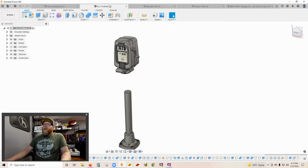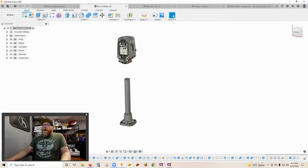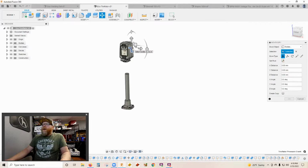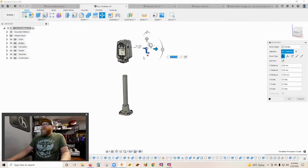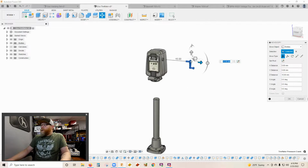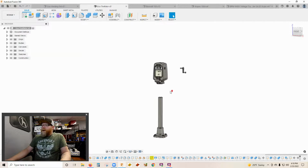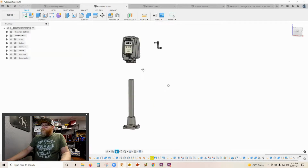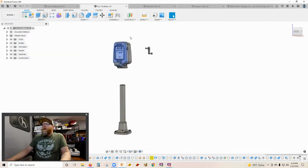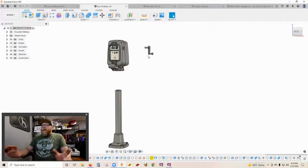Next up, another multi-piece kit is the Eco Air tire flater. This is a tire air pump from the 1930s, 1940s. And this comes in 3 separate files for you to ease detailing and printing and assembly. So that is the stand, the pump body itself, and then the hand crank